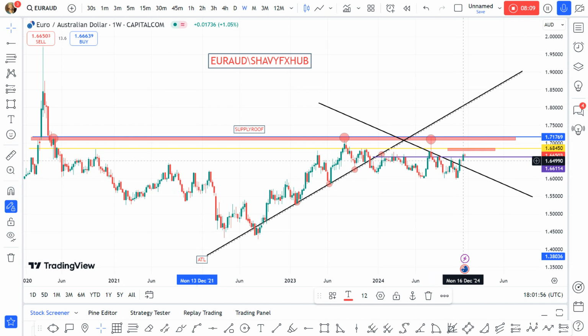Euro AUD buy. And look at the new month candle, the December candle. In the month of December, we have broken this on a weekly, and the next week, which is the current week, will continue because last week's candle broke the structure. So that was a buy signal. Now price came back to retest it and is moving up.